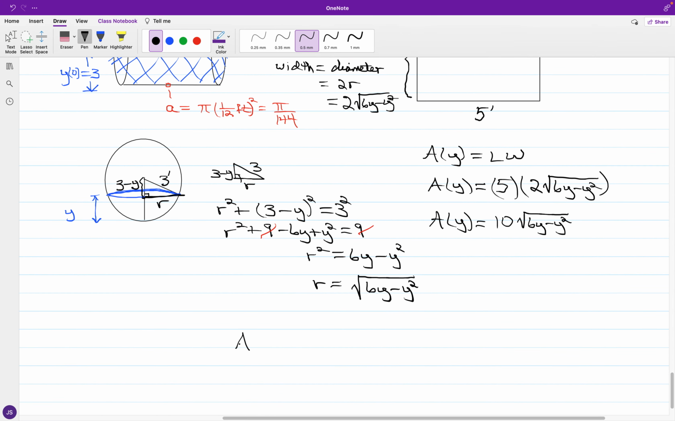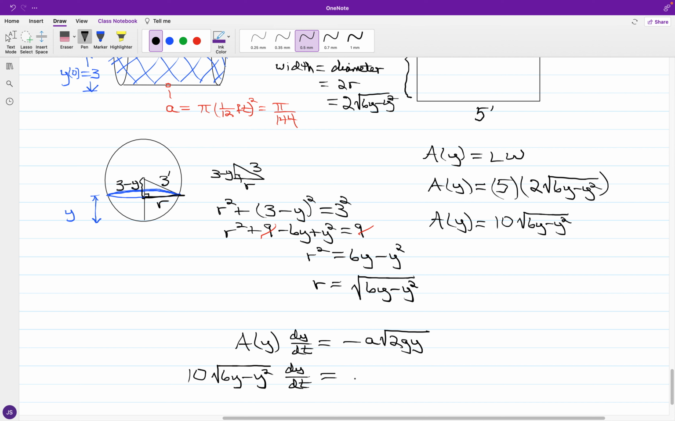Now for what we have looking at Torricelli's law, so you have A of y dy over dt is equal to negative a times the square root of 2gy, and filling in, we have 10 times the square root of 6y minus y squared dy over dt, and we have this equal to the negative circular hole area, we have again negative pi over 144, and going back to the English units, g again is going to be 32,